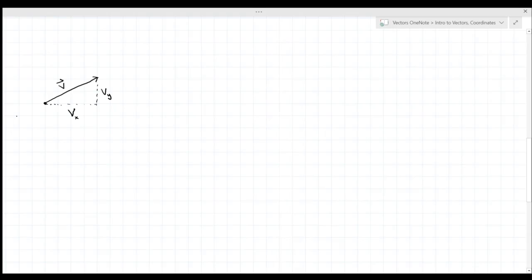So if I wanted to find the length or the magnitude of this vector,